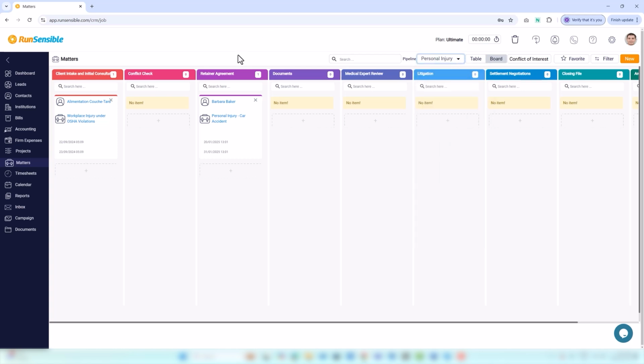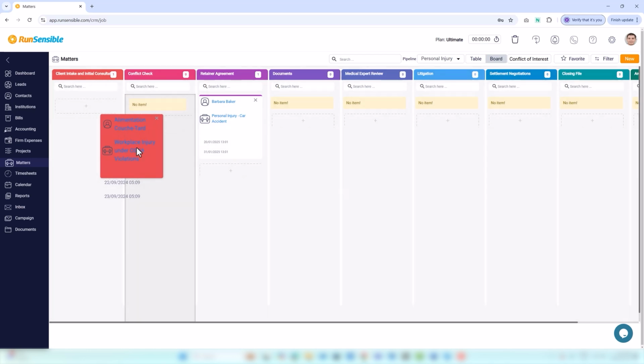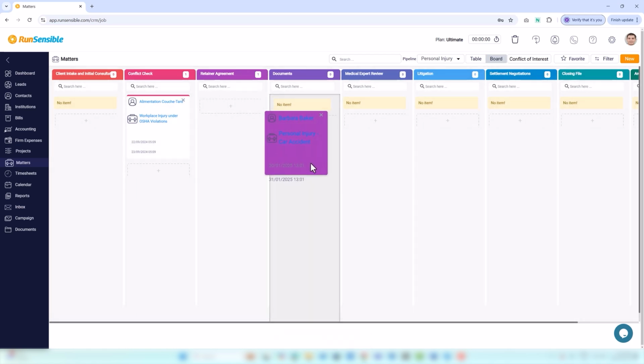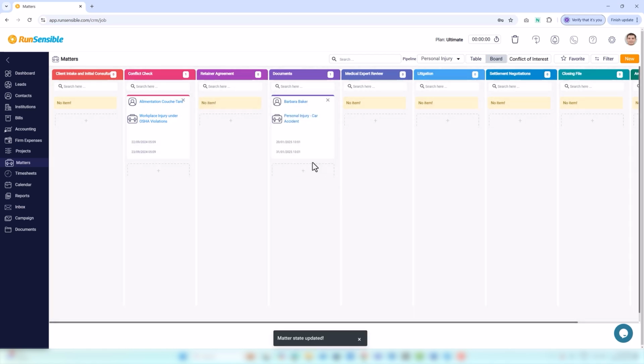In this mode, each stage of the pipeline you have selected is displayed as a column, with the matters corresponding to each status listed under the appropriate column. You can change the status of a matter by dragging it from one column and dropping it into the column that represents the desired status. This intuitive drag-and-drop functionality allows you to quickly update the progress of your matters as they move through different stages